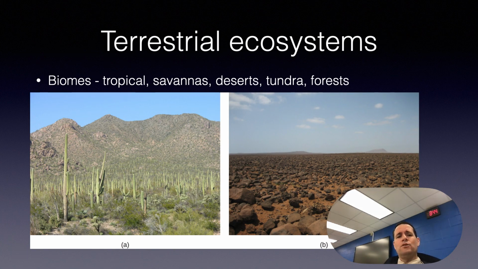Now, terrestrial ecosystems are also known for their diversity, and they're grouped into large categories called biomes, such as tropical rainforest, savannas, deserts, coniferous forests, deciduous forests, and tundra. Grouping these ecosystems into just a few biome categories obscures the great diversity of the individual ecosystems within them. For example, there is great variation in desert vegetation. The saguaro cacti and other plants living in the Sonoran Desert in the United States, shown here in the figure on the left,